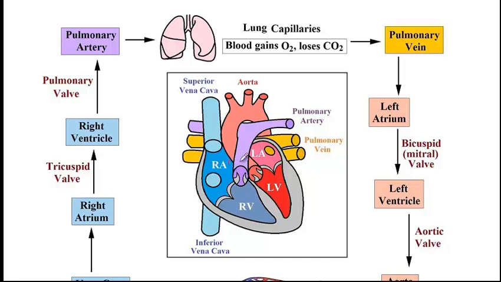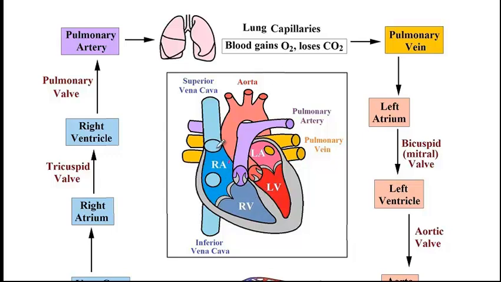2 of these chambers are called atria, like for instance the right atrium and the left atrium, and the function of these atria is to pump blood into the ventricles. And then we have 2 ventricles, the right ventricle and the left ventricle. Left ventricle is much more muscular than right ventricle because the function of left ventricle is to pump blood into the systemic circulation. And then the right ventricle, its function is to pump blood into the pulmonary circulation, which is basically the